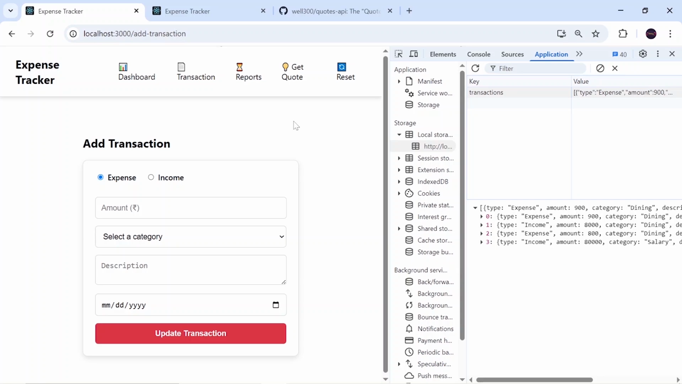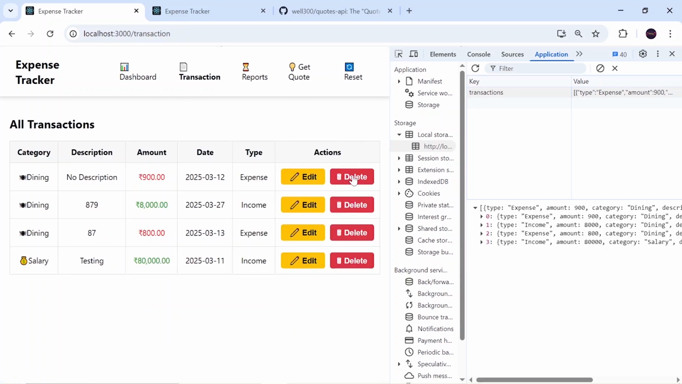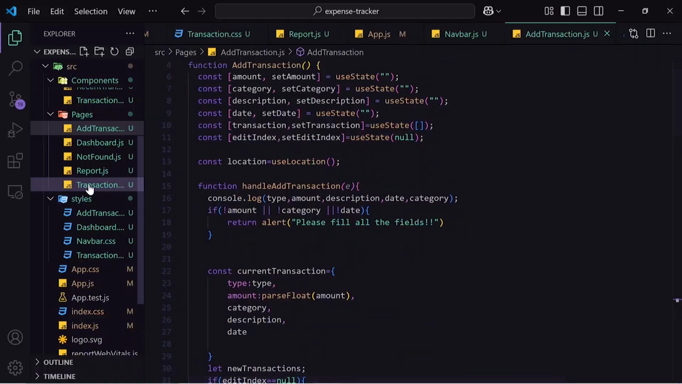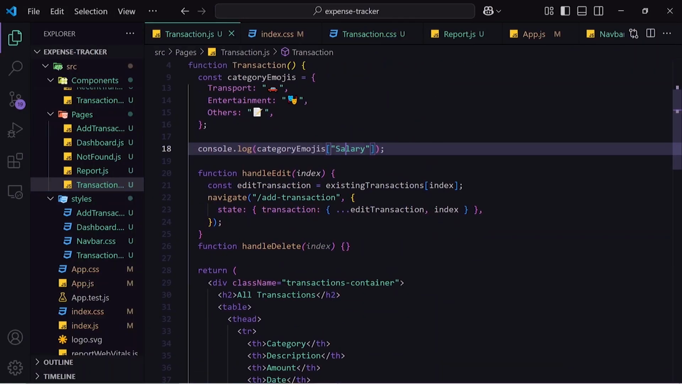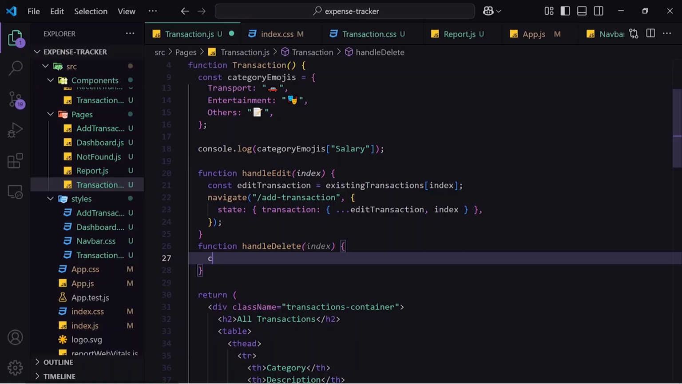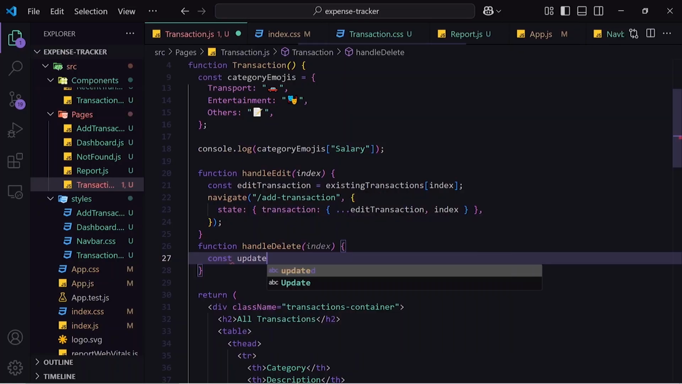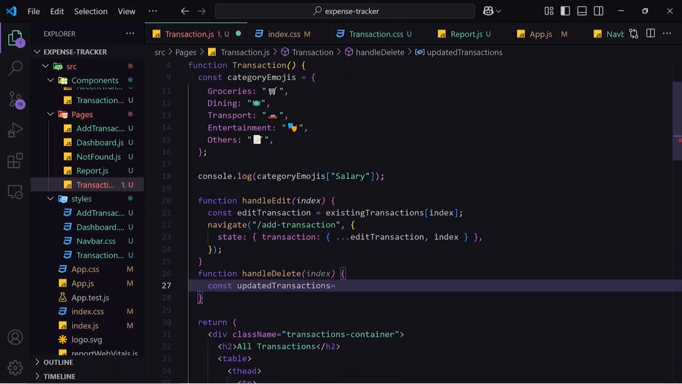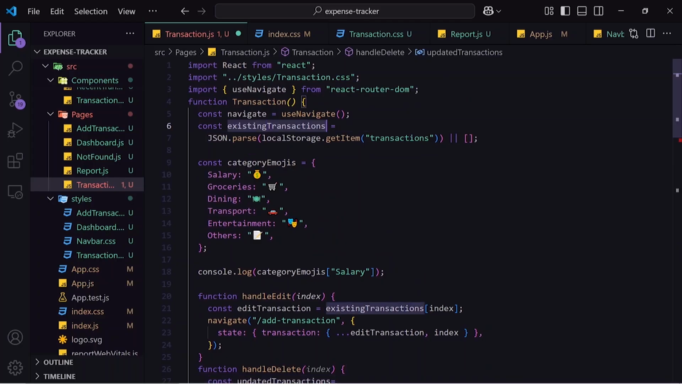Now the only remaining thing is the chart one. Oh, sorry, I missed the delete one. Delete is very easy. Let's go and do that. We have to go to transaction.js. This is handle delete, and here I'm getting index. So here I will add const updated transaction equal to, I have all my transactions inside this, so I will copy this,